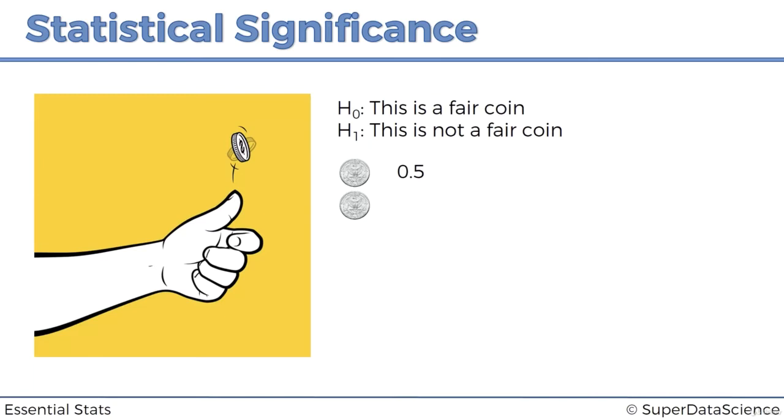Well, let's look at the probability of this happening in our universe that we're living in, the H0 hypothesis. The probability of that happening, if this is a fair coin, is 25%. So no big deal, could happen. Then the coin is tossed again, and again it's tails. Okay, so how do you feel about that now? What do you feel about having the same coin tossed 3 times, and you get tails every single time? Well, you know, it might be a bit suspicious, but it's fairly okay, because in our universe